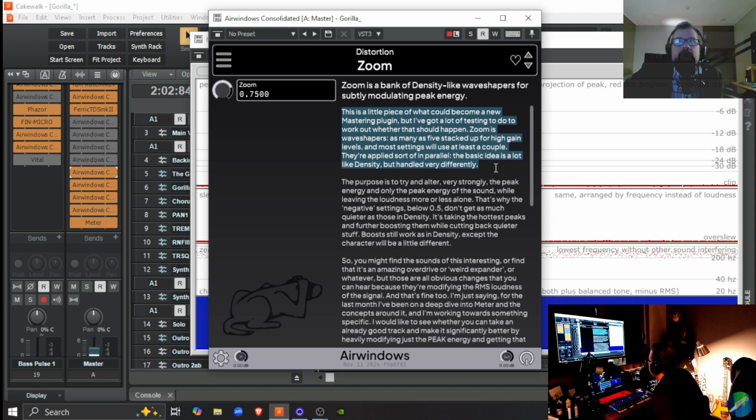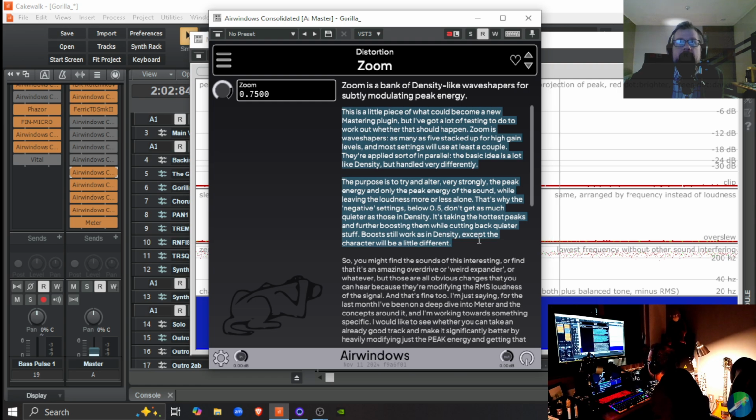Zoom is wave shapers, as many as 5 stacked up for high gain levels, and most settings will use at least a couple. They're applied sort of in parallel. The basic idea is a lot like Density, but handled very differently. Okay, the purpose is to try and alter very strongly the peak energy and only the peak energy of the sound while leaving the loudness more or less alone.